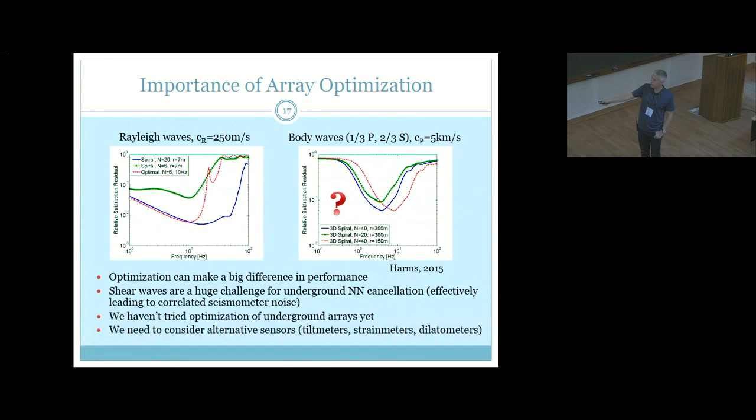So this makes really a huge difference, and it's clear we need something like optimization. Low residuals like this with a spiral can only be achieved if you really increase the number to 20 of the seismometers. So that really tells you that is something important to do. This is for the surface waves, for the surface Rayleigh waves. We don't really know yet how to do this for body waves, so we have not solved this problem yet, for example, for the Einstein telescope. That's still work that we need to do.